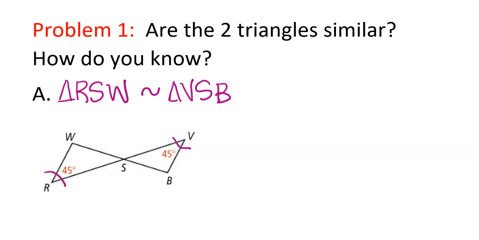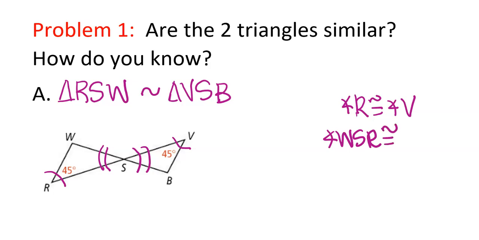It's right here. So I'm going to say angle R is congruent, not similar, they are the same because they're both 45, to angle W, or V. Okay. Do we know another angle that is the same? Yes. And what is it? WSR and VSB. Yep, so we're looking at these two. And they are what kind of angles again? Vertical. So we're going to say, and we can't say angle S to angle S because we don't know where we're talking about then. So we're going to say WSR